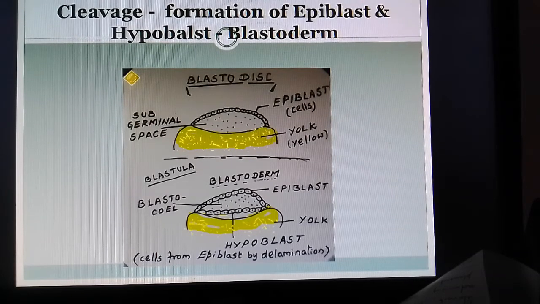Even there are used some terms as a primary hypoblast, secondary hypoblast, that way, according to the regulation of the formation of hypoblast from the cells formed from epiblast. So this cleavage process ends with formation of a blastoderm having these two layers, epiblast and hypoblast, which is very near the yolk surface, and between the two there is the blastocele. And here we can continue with the gastrulation in the coming presentation.